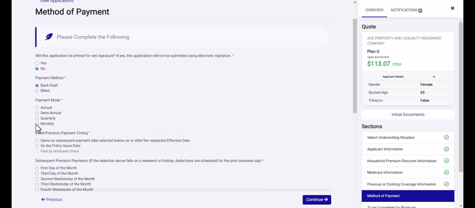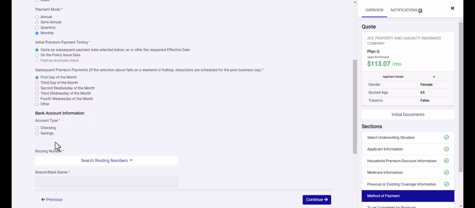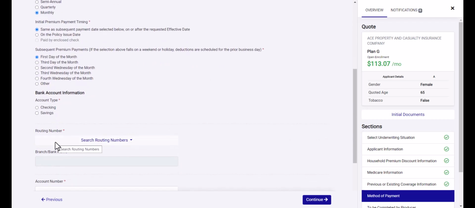I'm going to select bank draft, monthly, and then you do have a couple of different options for that initial premium payment timing, and then when you would like that premium taken out: first day of the month, third day of the month, second Wednesday of the month. So you do have some options here. There's also an other option for you to select a particular day. I'm going to select first day of the month,